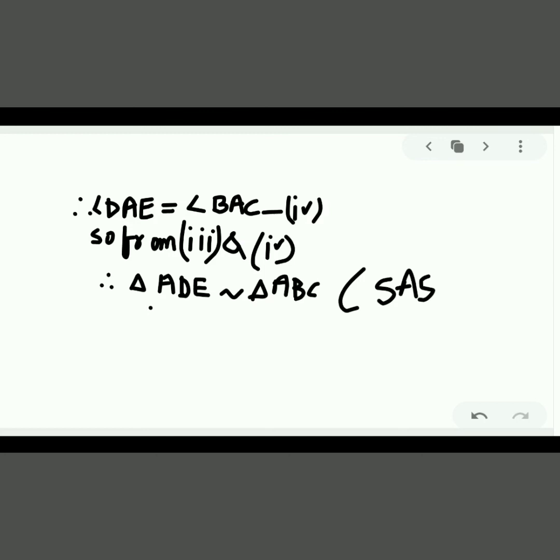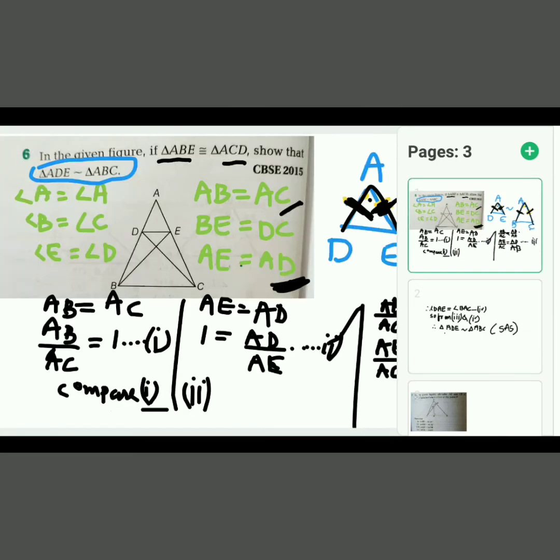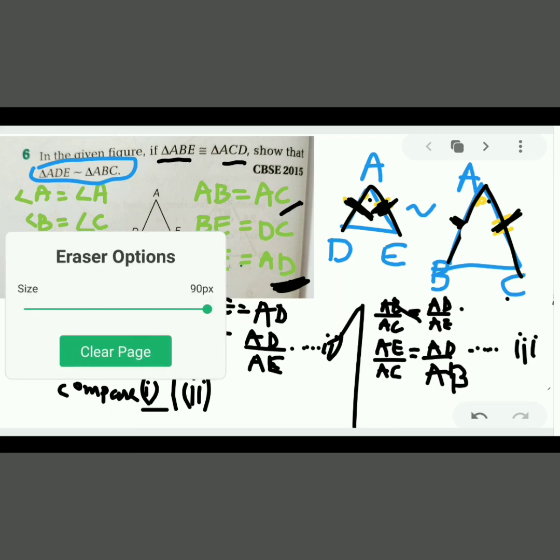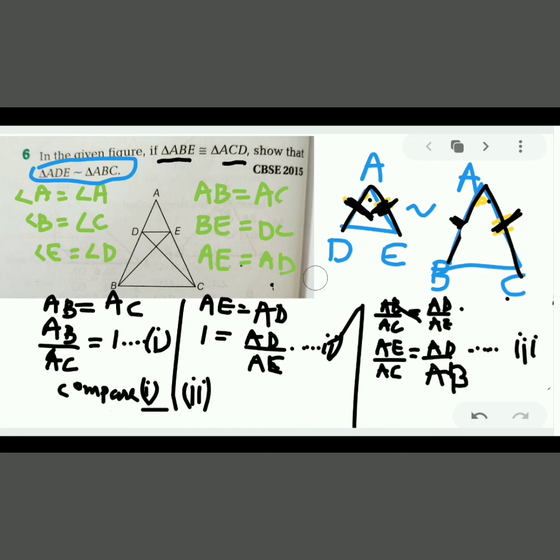So this is the end of this question. How to write this, that I am showing you. From there you have to write all these things. But for understanding purposes, we have drawn these two figures, to show which sides' ratio we want and which angle we want. So we have drawn it separately. If you want to, you can draw it. As you can see, now you will see further how to write it.